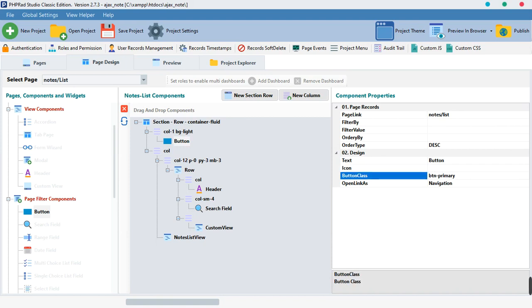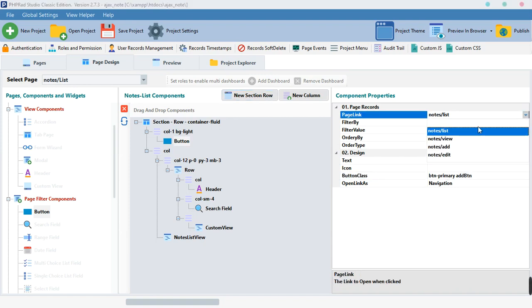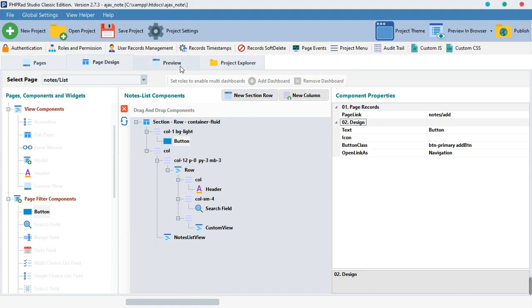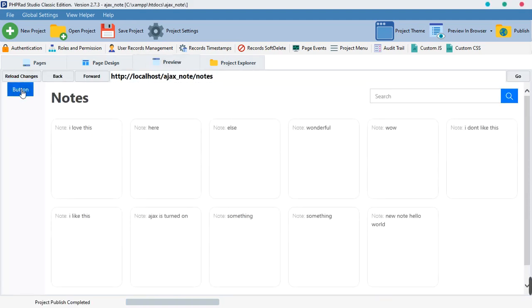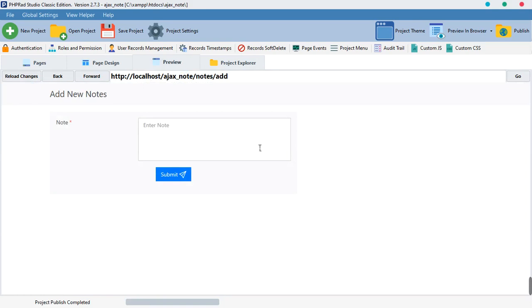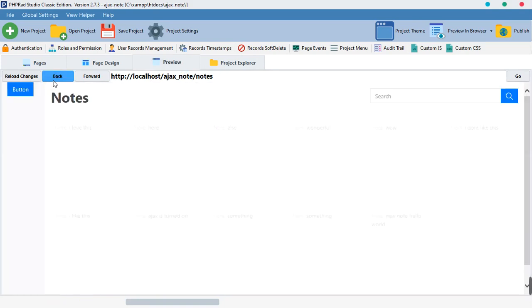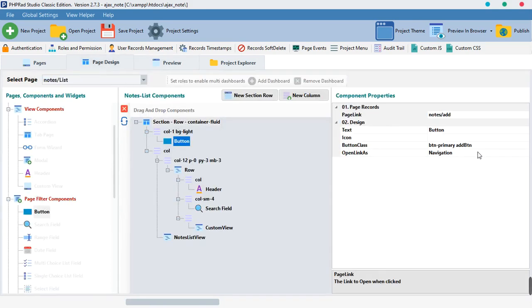We give it a class of add btn, and we want to link it to add. All right, just like that, and we click it. You can see the button is on top. When you click on it, it takes you to the add page, but you can make it modal for now,